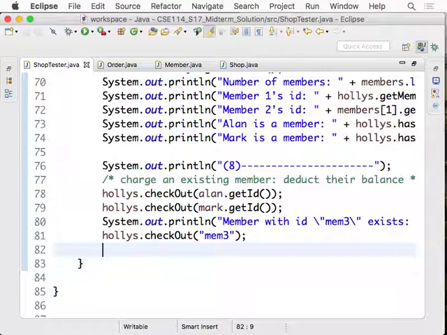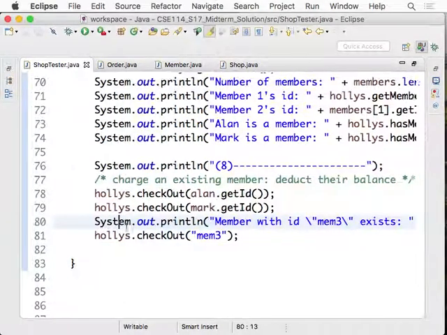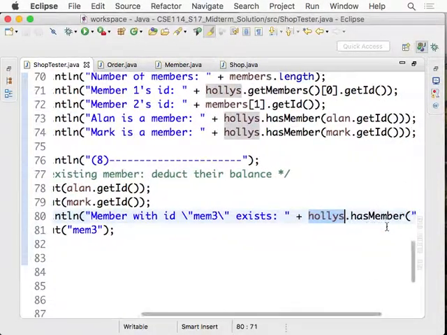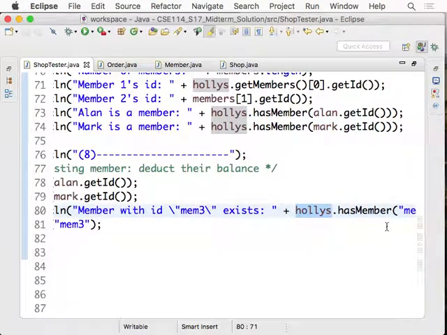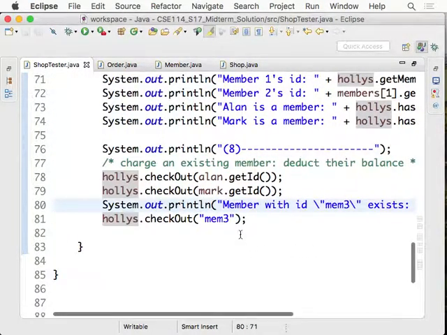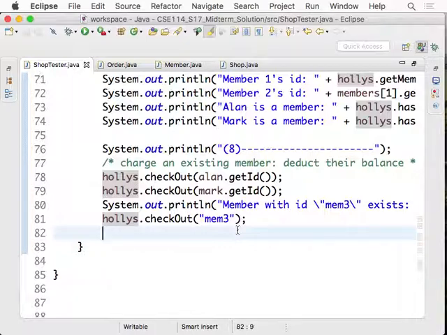Okay, first of all, this should give us false, right? Because man3 does not exist. We only got man1 and man2. Okay, and now after this, we have